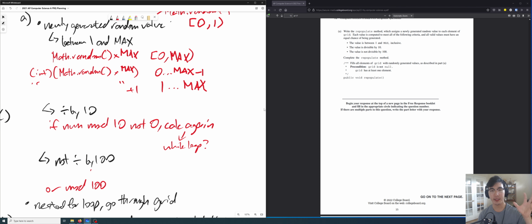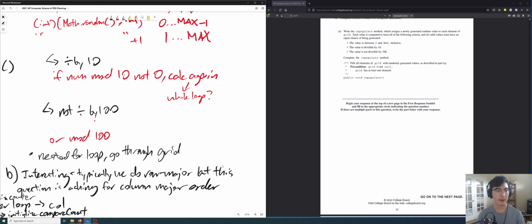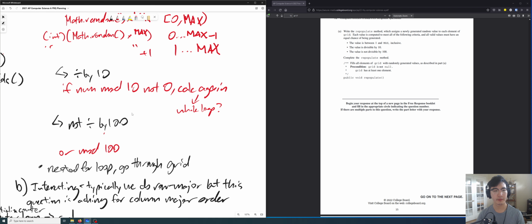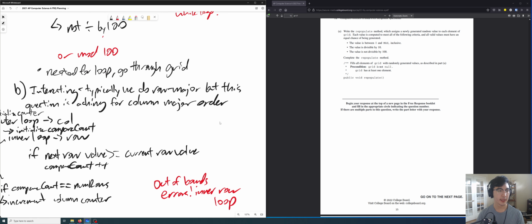Again, I'm not trying to think too specifically. I'm just trying to write big picture when I do this planning. And then I'll probably tinker with it after I code it. Or I'll probably go through some examples and see if it fits my code after I have a naive solution down. All right, let's go to part B.